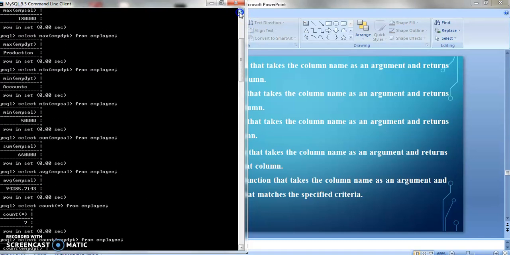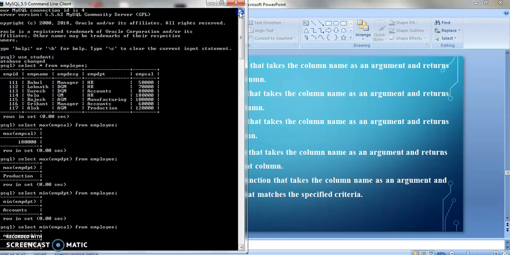It will return the number of records having the designation DGM. That is 1, 2, only 2. So it will return the value 2.